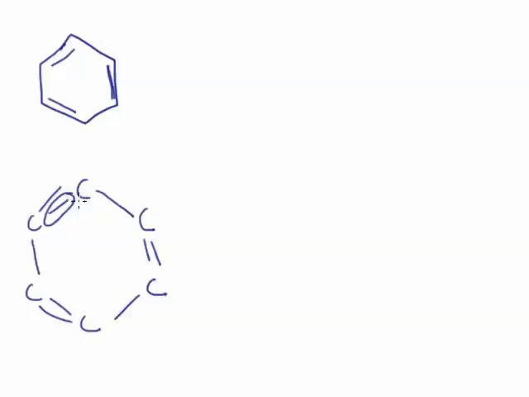So this shared pair moves here, the same thing happens, and it moves there. This is called resonance. So when we draw that, we have to know that it's alternating all the time between